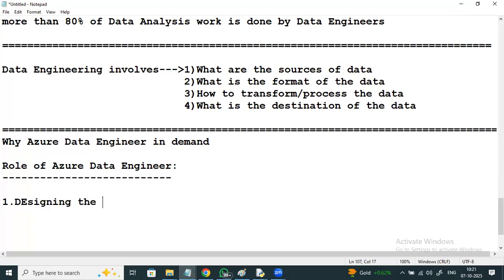Designing the entire data flow architecture.